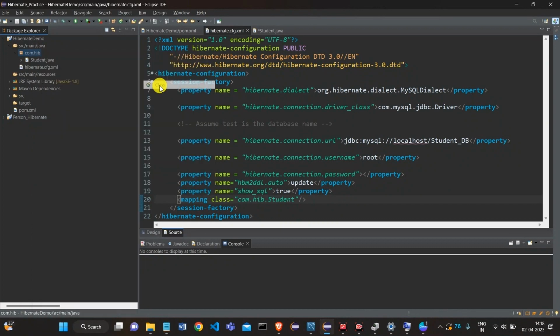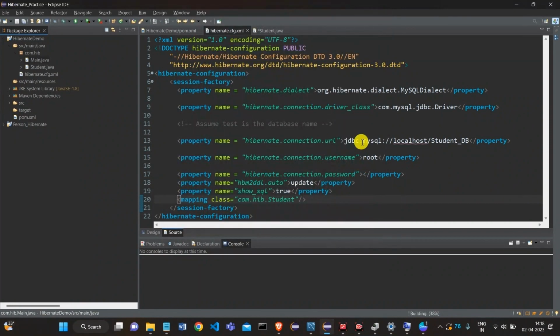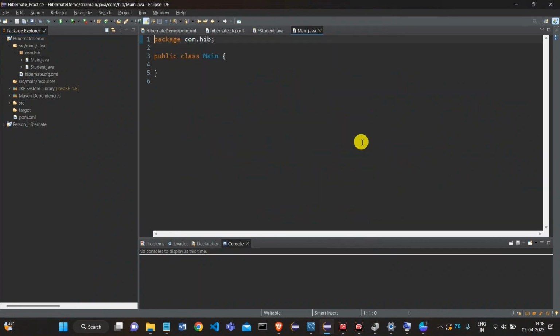So for that, one class should be there, and this one I'm giving main, and this class is generated inside this com.hibernate package. Okay, so I will run as